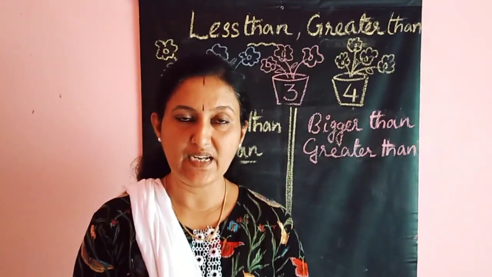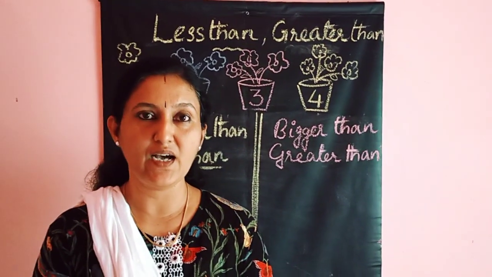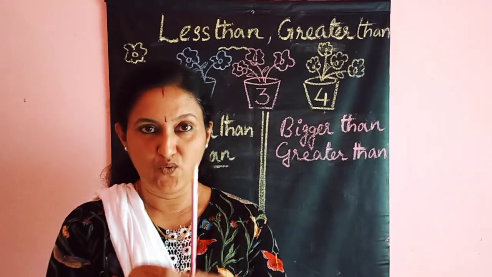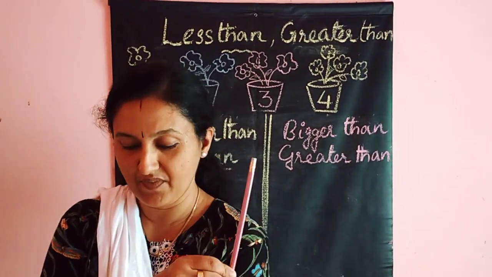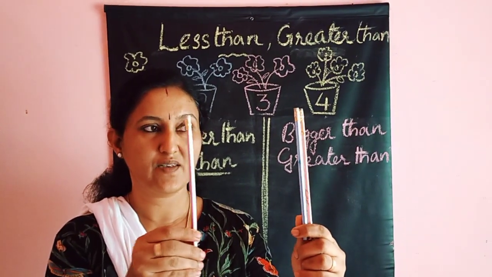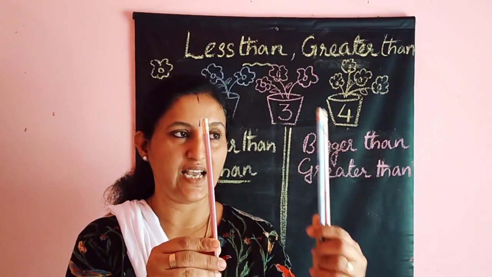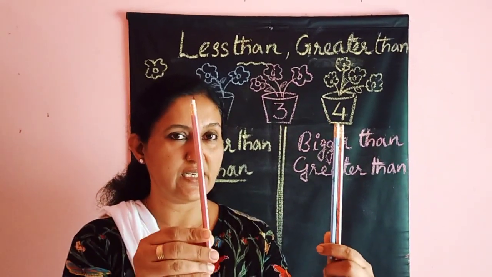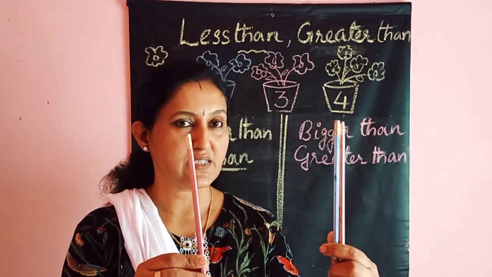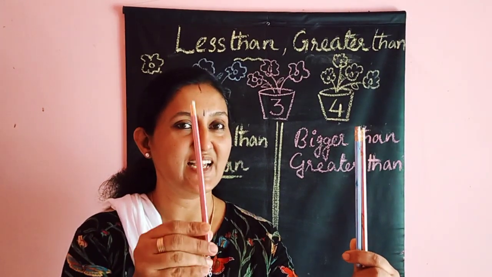Now we studied counting numbers from 1 to 9. So today we can compare our numbers. Okay. I have one pencil here and a group of two pencils here. So tell me how we can compare. Yes. 1 is less than 2. The same idea we can express as 2 is greater than 1.